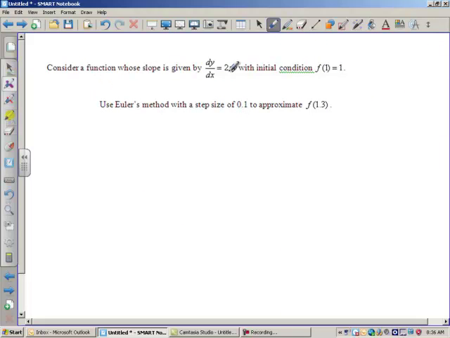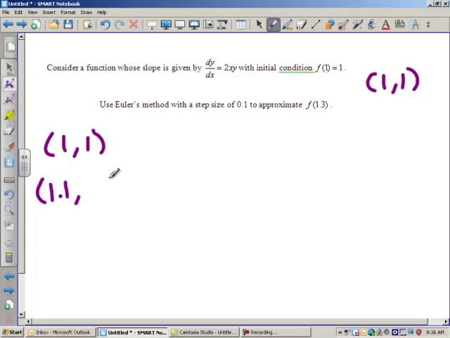Consider a function whose slope is given by dy dx equals 2 times x times y with an initial condition f of 1 equals 1. That's initial point 1 comma 1. Use Euler's method with the step size of 0.1 to approximate f of 1.3. So I'm going to have my little table here. We're starting at 1 comma 1. We're going to go to